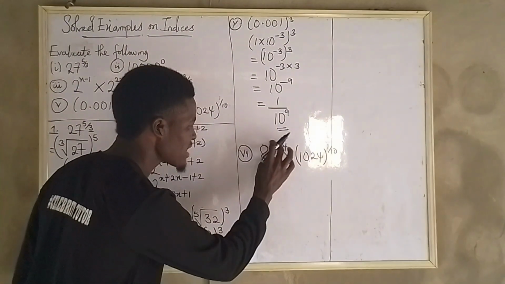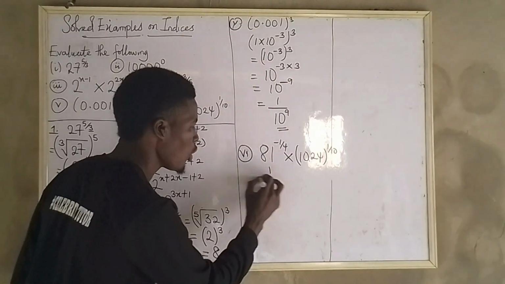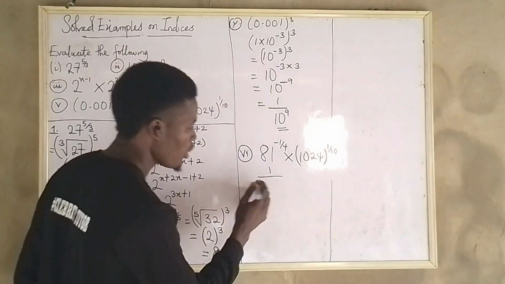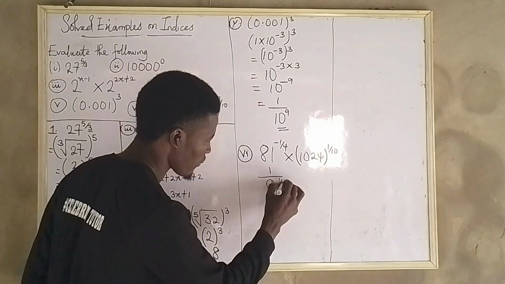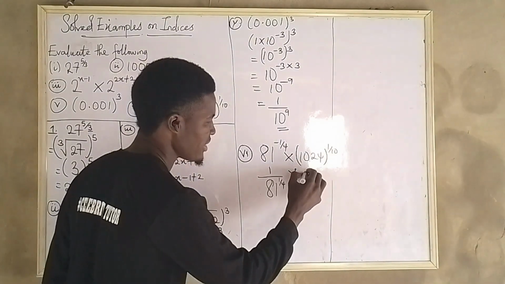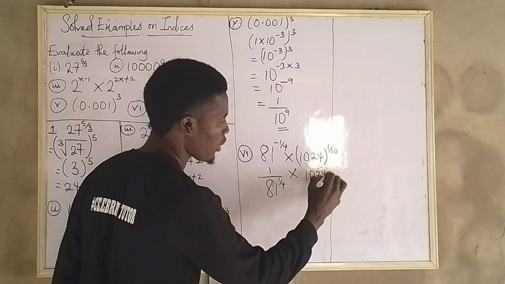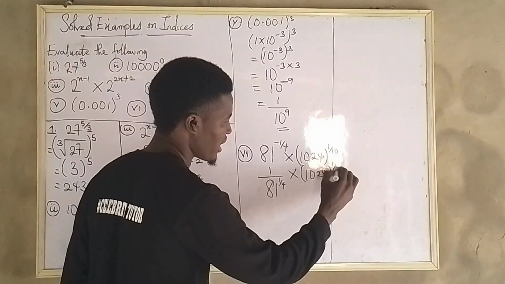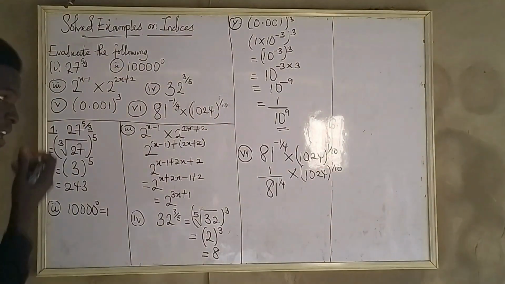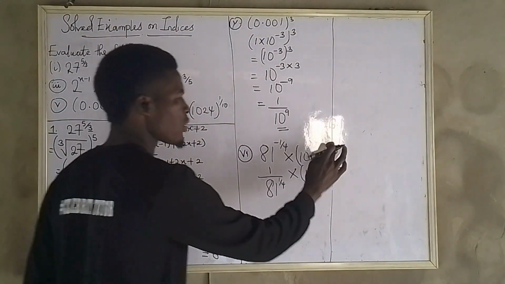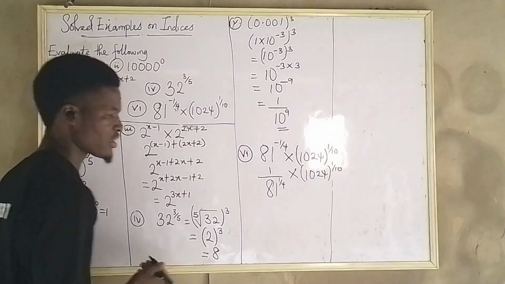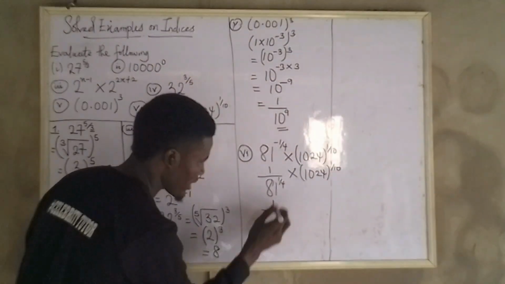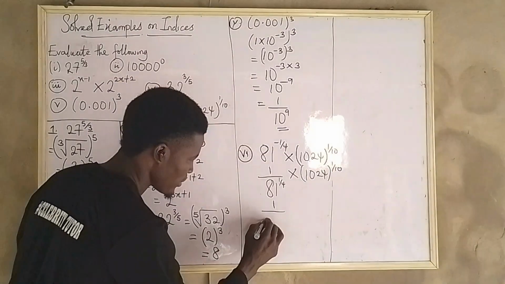The first thing you have to do, first thing first, is apply the law, negative index law. That will be 1 over 81 raised to power 1 over 4, multiply by 1024 raised to power 1 over 10. You can see you have applied the first law. After applying the first law, the next thing for you to apply is the fractional index law. This will be 1 over, if you apply fractional index law to this, it will become